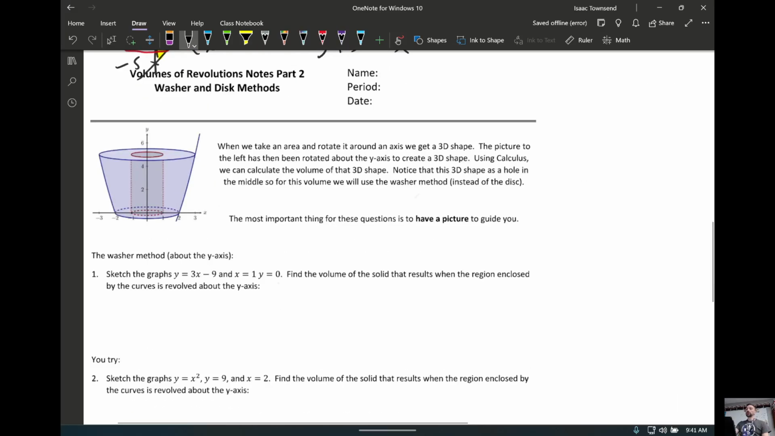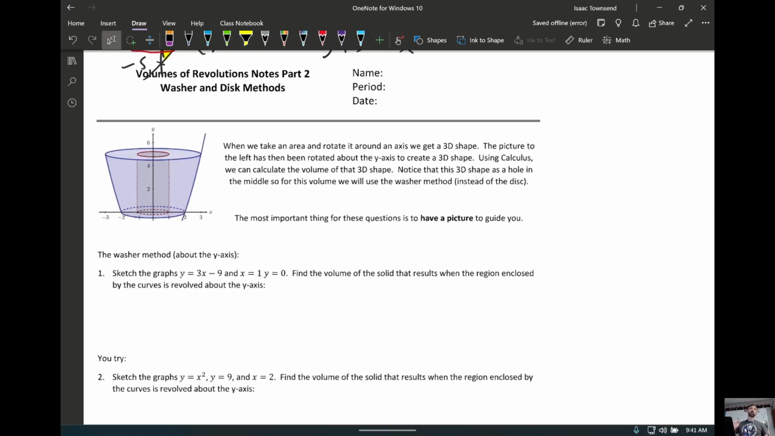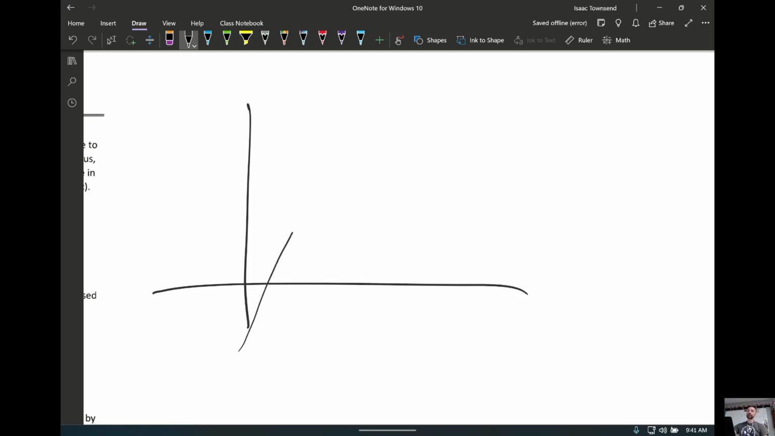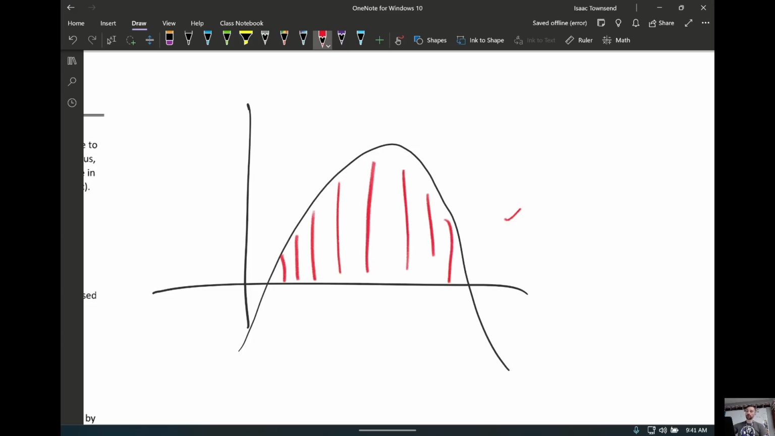Okay, so the logic behind the washer method is the same logic that we did for area between two curves. So in January, we talked about if you want to know the area under a curve, that's when you got introduced to integration. And then about a week before spring break, we said if you had